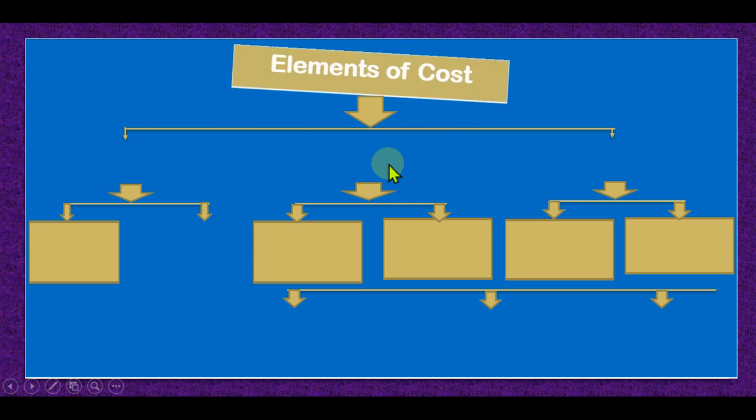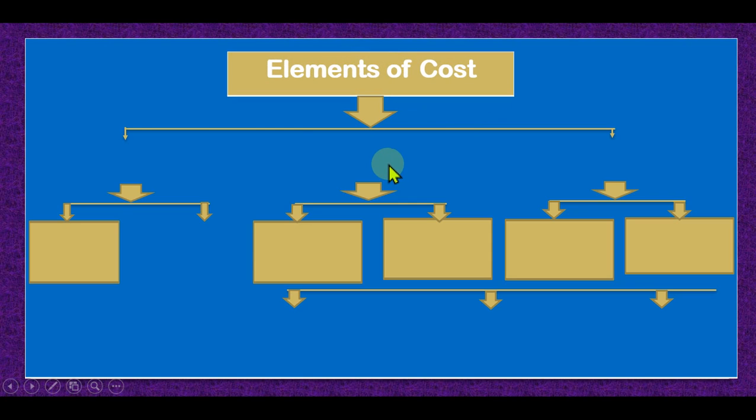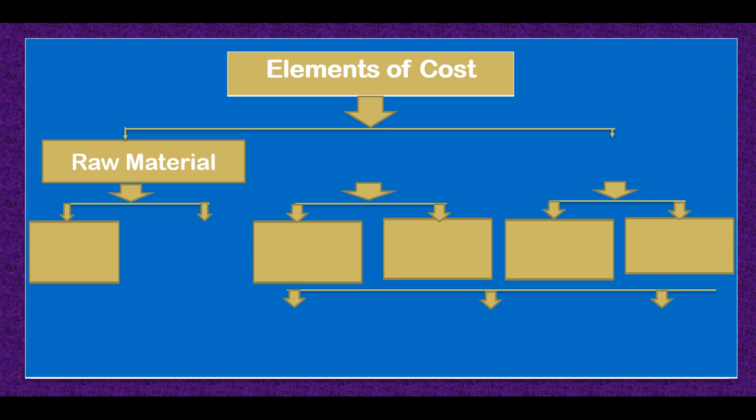Dear student, now elements of cost. For doing cost accounting, you have to know the elements of cost. That means what are the elements related with the cost. Number one element is raw material. That means for producing any product, we need raw materials. For making books, paper is the raw material. For making cloth, thread is the raw material. For making a shirt, cloth is the raw material. For making a table, wood may be the raw material. So, dear student, you understand what is raw material.